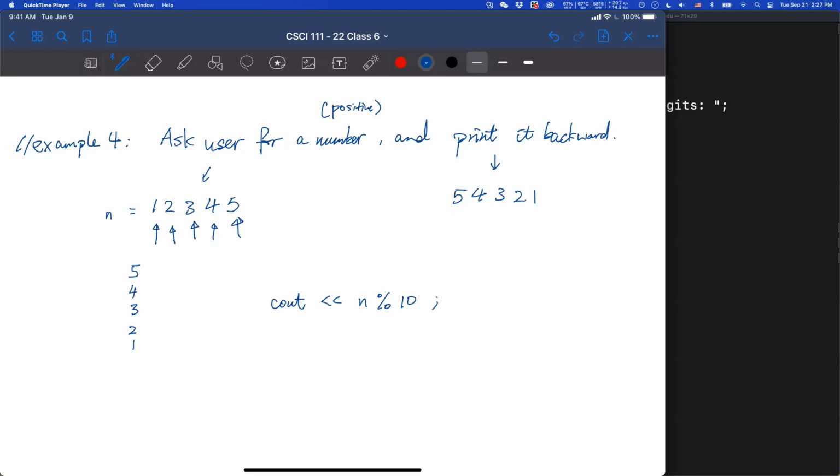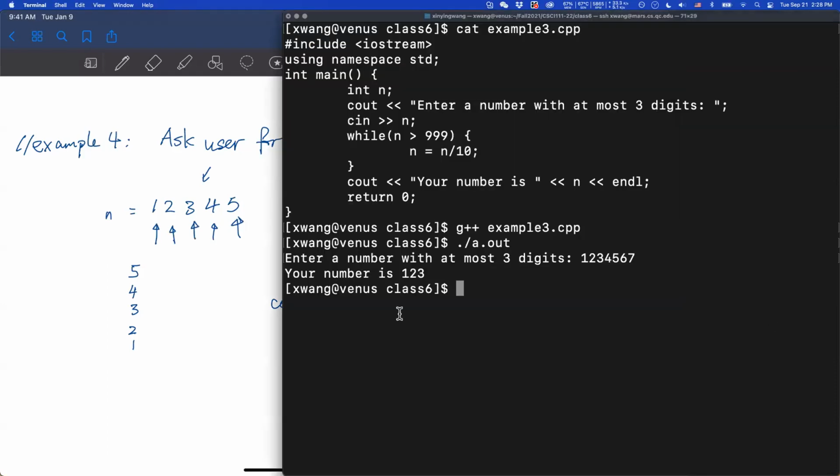Oh, so you don't care about actually having the number, you just want to output it? Yes, so for this question, it only asks you to print it. Right, it asks you to print it backward. It would be harder if they actually wanted you to get the integer. Okay, so let's just print the digit first, it's easier.